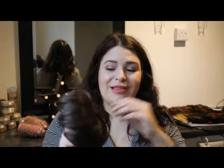Next, I've got a clip-in bun. Now my hair is probably quite long now. I had this when my hair was quite a lot shorter. So when you tend to put your hair in a bun and it's short, you tend to get a tiny little bun at the top of your head. And however much you mess it up, you can't make it look any bigger. But with this one, you've basically got